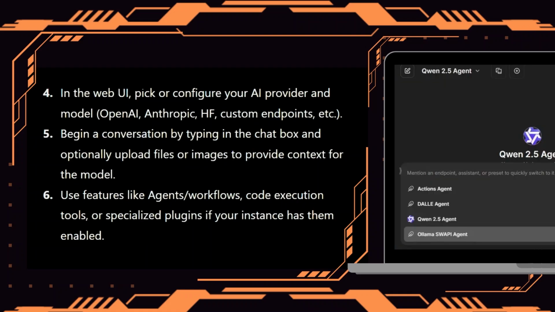running. In the web UI, pick or configure your AI provider and model, whether it is OpenAI, Anthropic, HF, custom endpoints, etc. Begin a conversation by typing it in the chat box and optionally upload files or images to provide context for the model. Now use features like agents or workflows, code execution tools, or specialized plugins if your instance